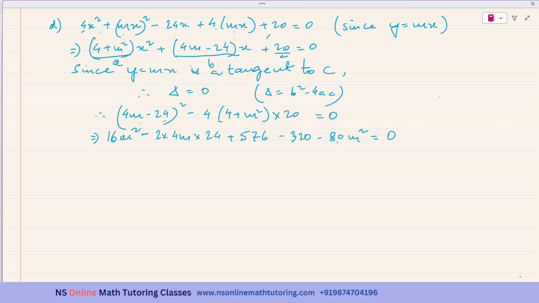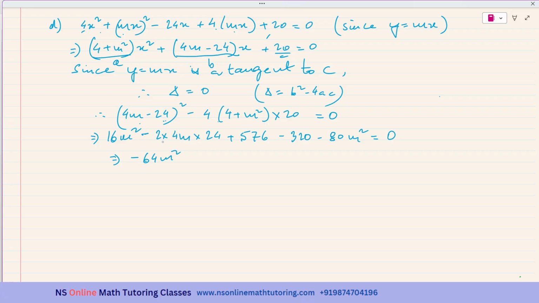So 80 and 16, 80 minus 20 is 60, but it is not 20, it is 16. So I have to add 4, so it is 64. Okay, so it is minus 64m square, and